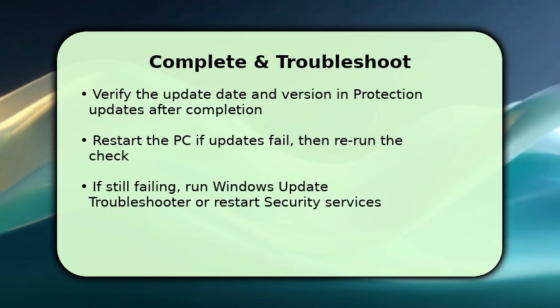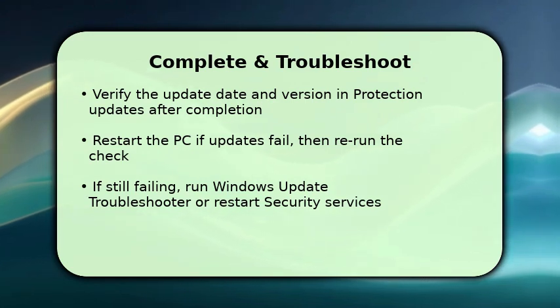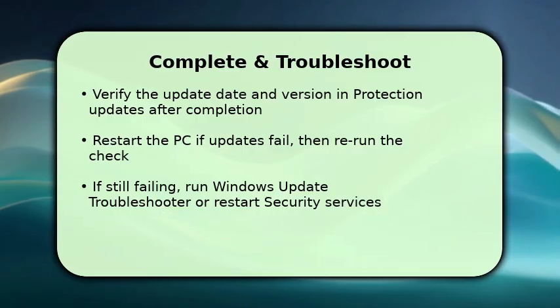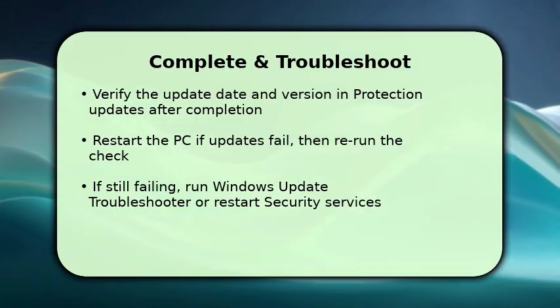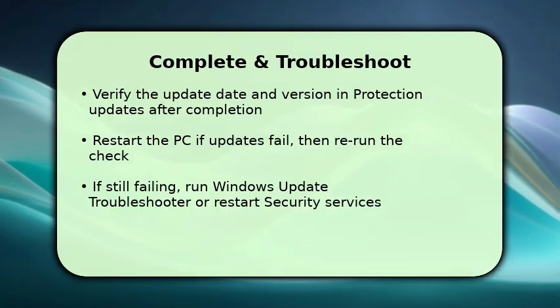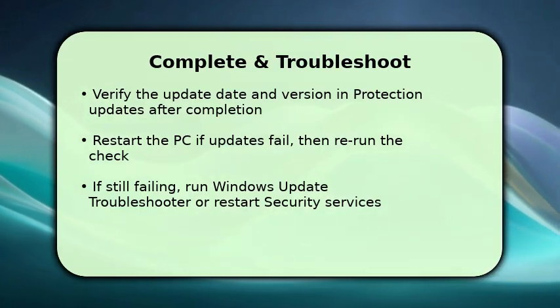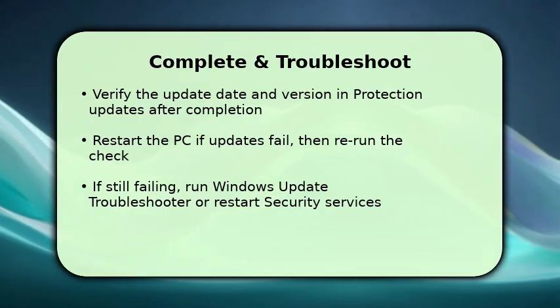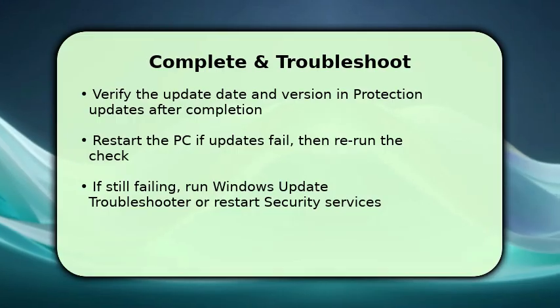If it didn't, restart your PC and run the check again, because a simple reboot often resolves locked files or service issues. If problems persist, run the Windows Update Troubleshooter and restart Windows Security or Microsoft Defender Services from Services.msc. This is the key troubleshooting tip, because it resets the update pipeline and clears